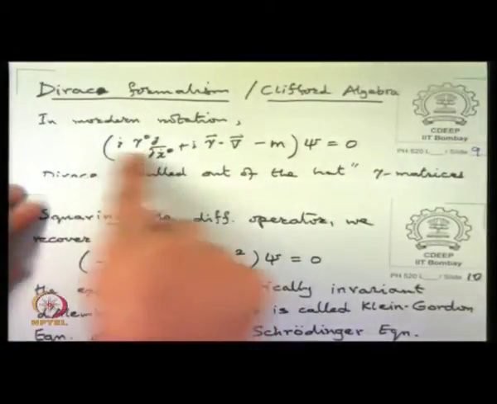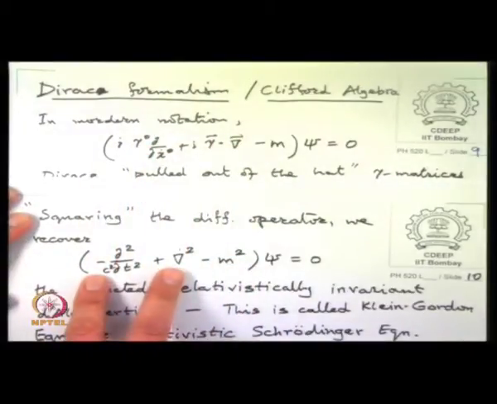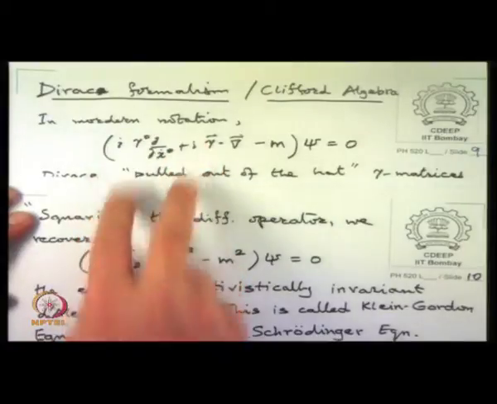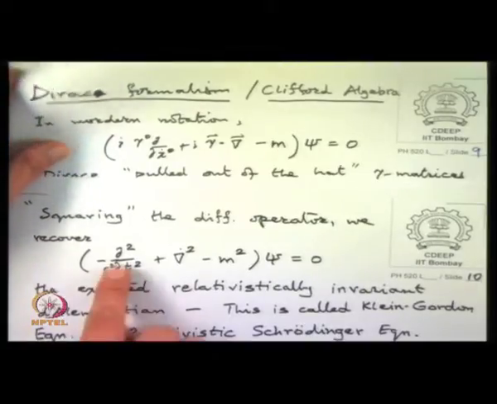Okay. That this differential operator, which was first order in the derivatives, was like a square root of this second order differential operator. And so the gammas were somehow a square root of the space-time metric,